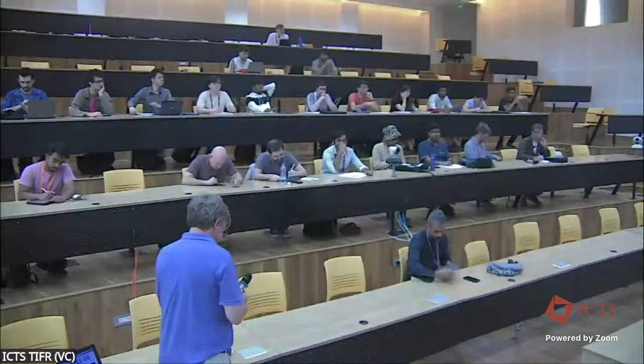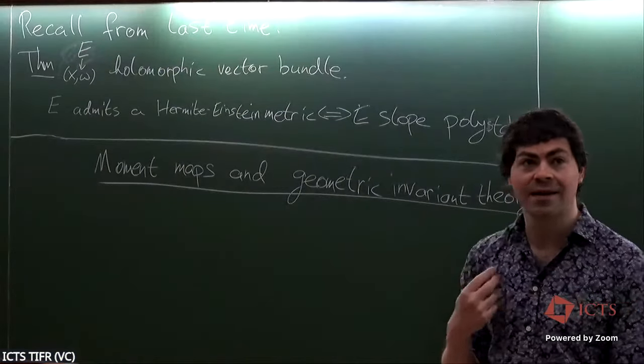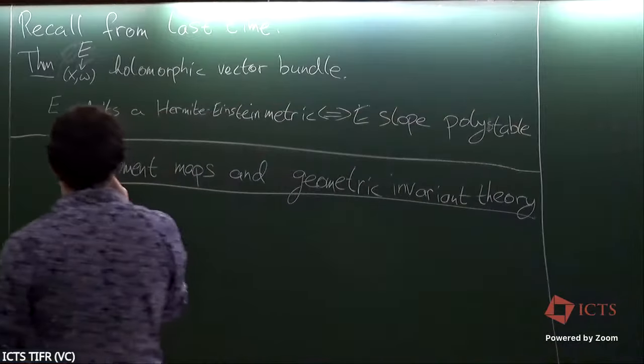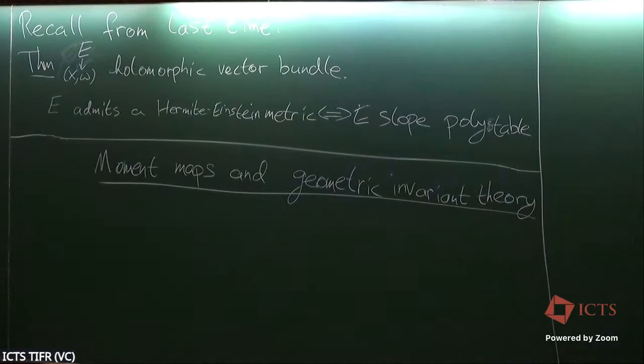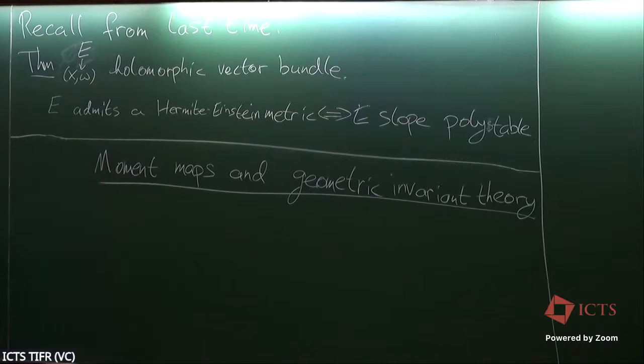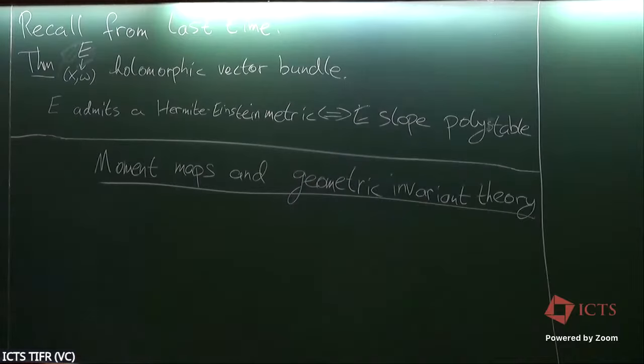Okay, so last time I was trying to motivate why we might be interested in connecting the complex differential geometry of vector bundles and the complex algebraic geometry. Roughly speaking, the last thing that I said was this famous theorem of Donaldson, Uhlenbeck, and Yau, that says if we fix a holomorphic vector bundle over a compact Kähler manifold, then we can find a Hermite-Einstein metric, giving us a canonical choice of Hermitian metric, if and only if the bundle satisfies this algebraic geometric stability condition